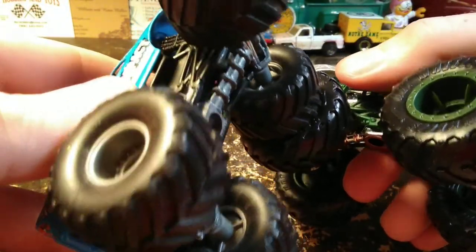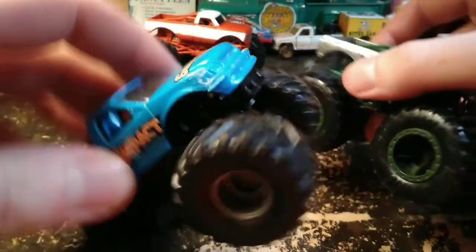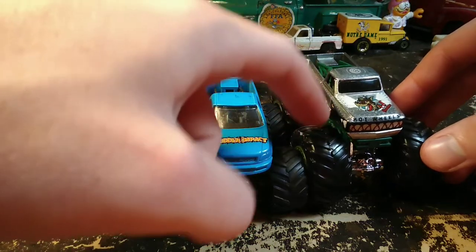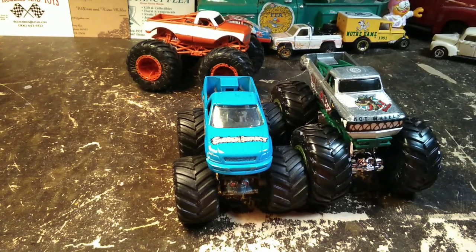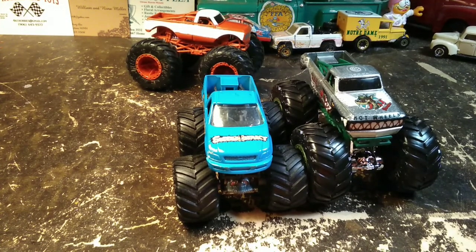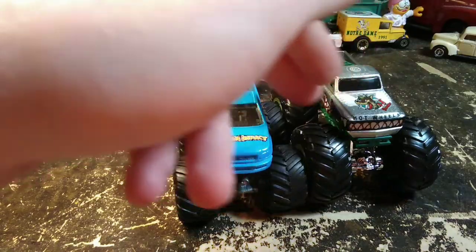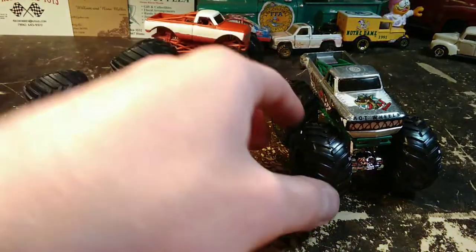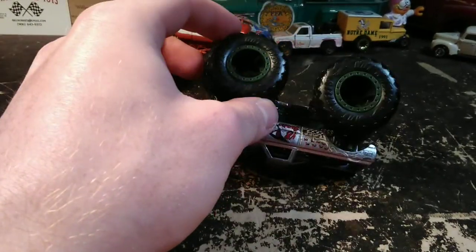Let's get this even here. Yeah. I mean, that's a lot more tire. Now I can still see the wheel on this green one here. That's how much bigger the Hot Wheels ones are. But I guess that's when the contract ended between Hot Wheels and Monster Jam. That's when they dropped these wheels and went to these wheels, because they realized the monster trucks brought